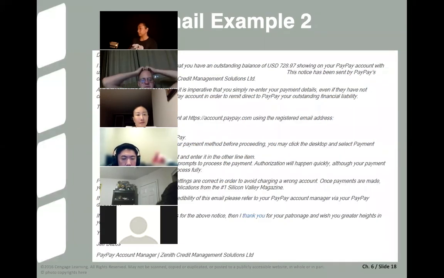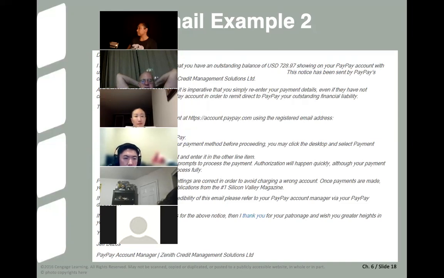Here's another example. Different example. "Dear Aiken, I'm writing to respectfully advise that you have an outstanding balance of $729 showing on your PayPay account with us. This notice has been sent by PayPay's credit management partner, Zenith Credit Management Solutions Limited.